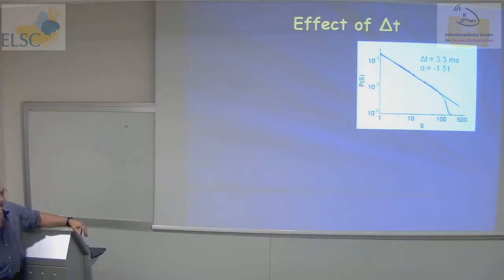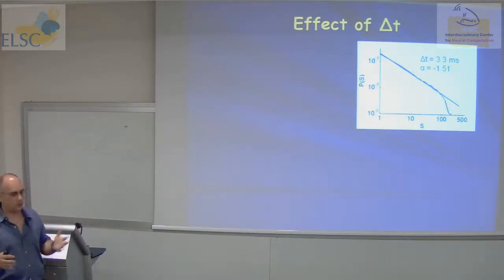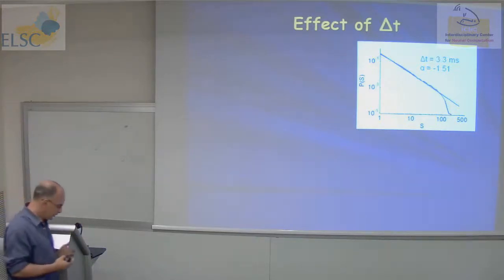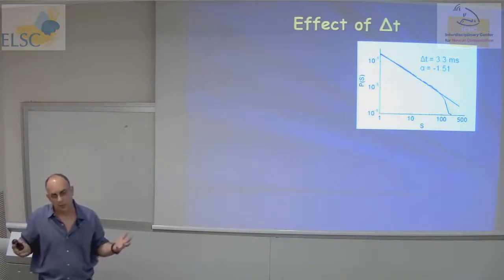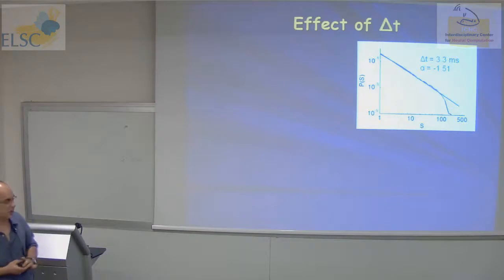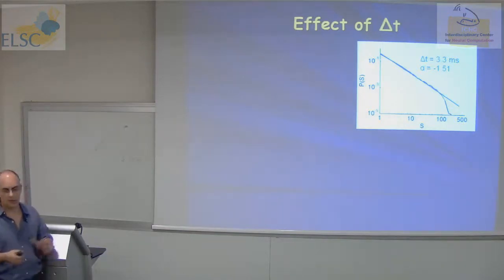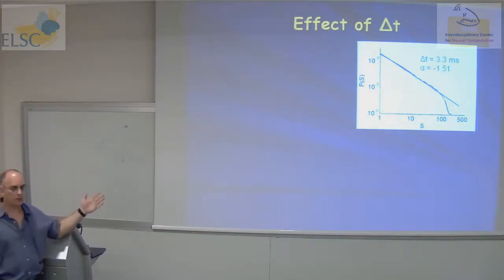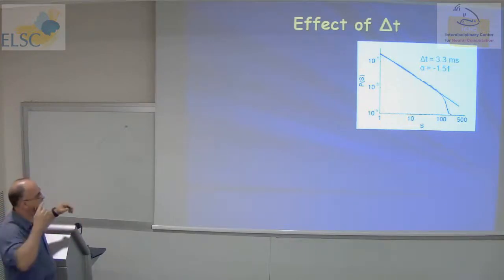But the exponent is affected by delta t. So this is the same human that I showed you, and that's the best fit. By the way, we fit the data using maximum likelihood estimation. I just take all the cascades, so I have, say, a few thousand cascades. I assume that this sample comes from a certain distribution, like a power law or an exponential. Then we fit using maximum likelihood. And I don't use any threshold. I just take all the events from 1 to the maximal cascade that I had.